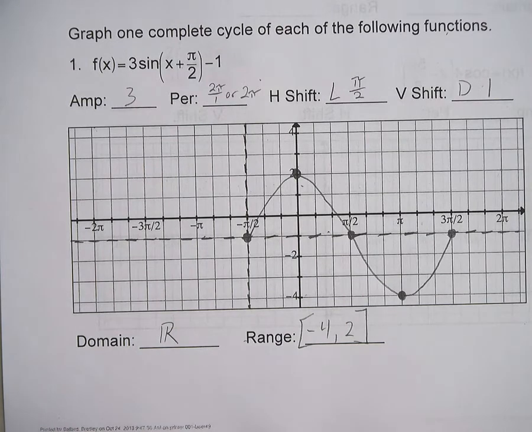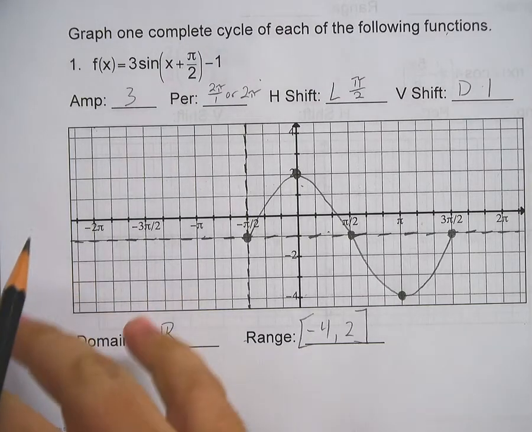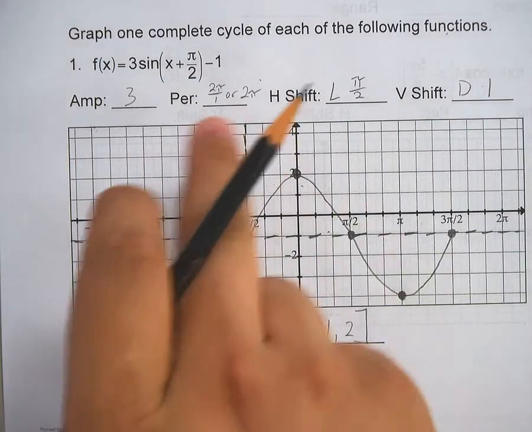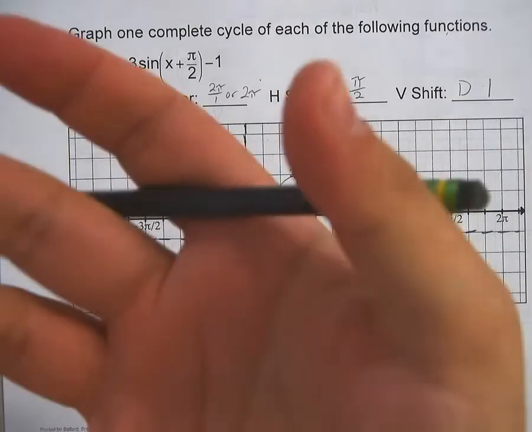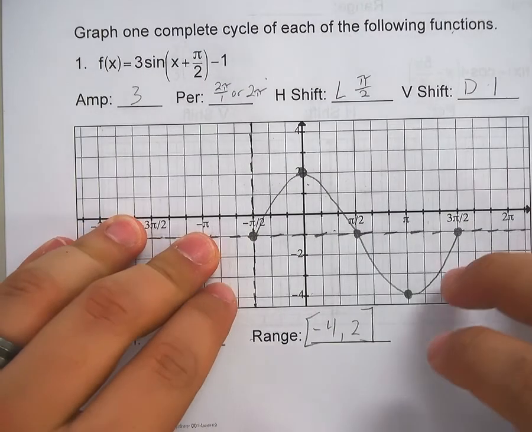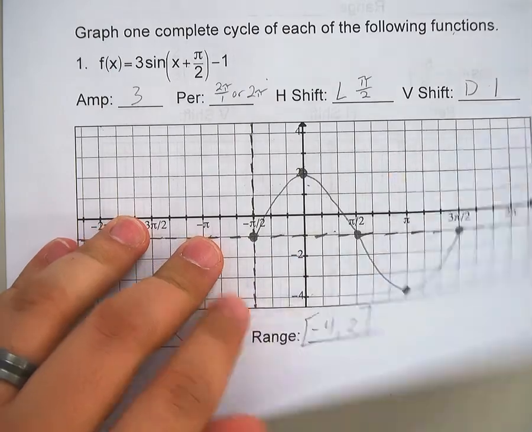Alright? So when you're going through and doing these, I'm gonna give you a couple of little helpful hints along the way. This one was just pretty straightforward. The period is what makes these easier to do, because when I saw that that period was 2 pi, I know it's going to have the same shape as my other sine function. It's going to be the same shape going through the same spot. Now sine is easy to remember because it goes through the origin, so you just move the origin around and there you are. You flip to the next page, however,